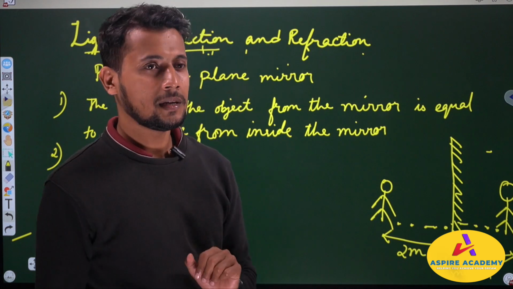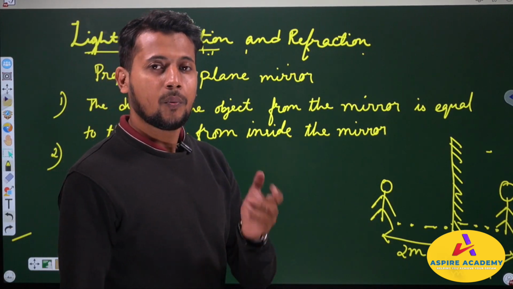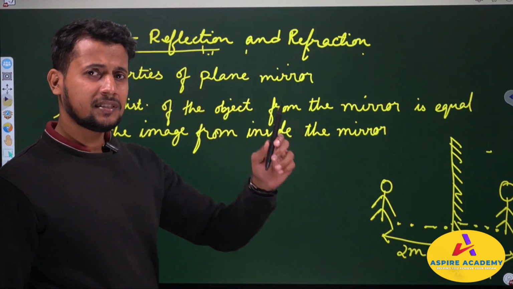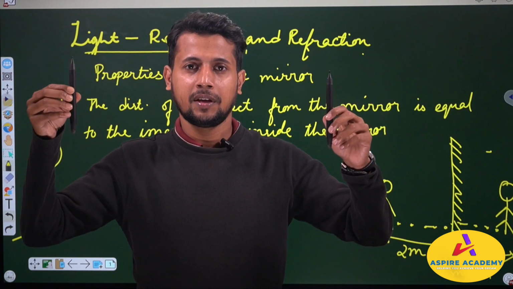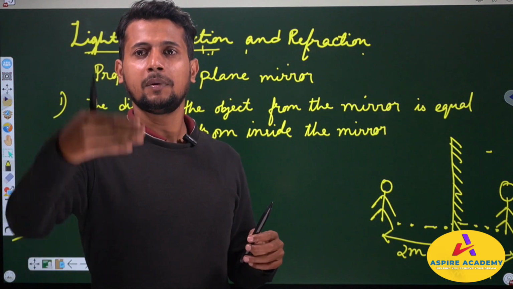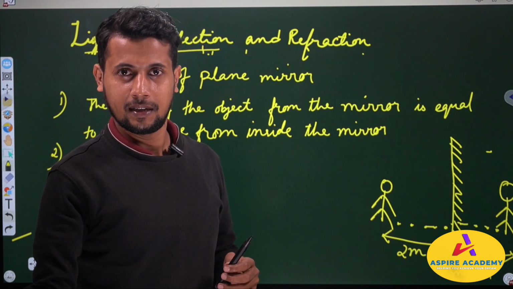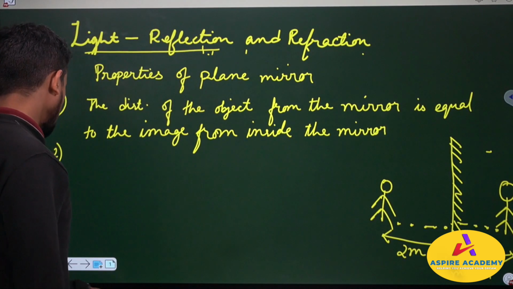in a plane mirror is virtual and erect. What is erect? Erect means if this is the object, the image inside the mirror will be formed in the same way. Same way in the sense, if this is my head to toe, I will see myself in the mirror head to toe only, not toe to head. Okay, that is erect, straight. Alright, so